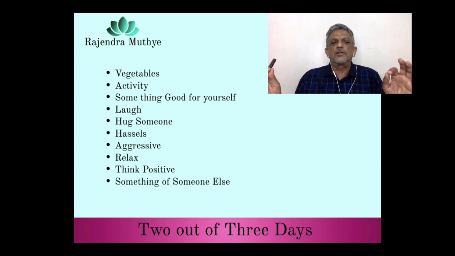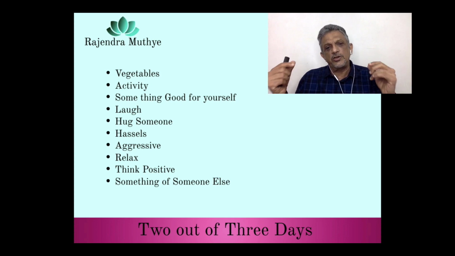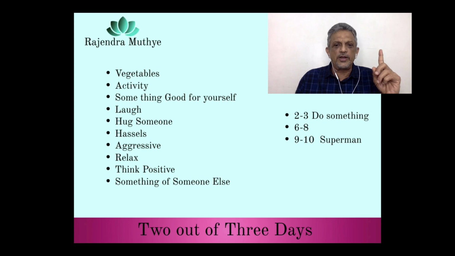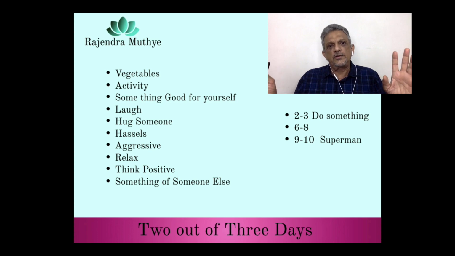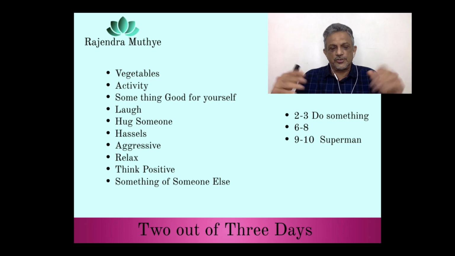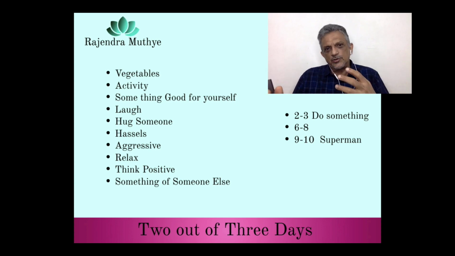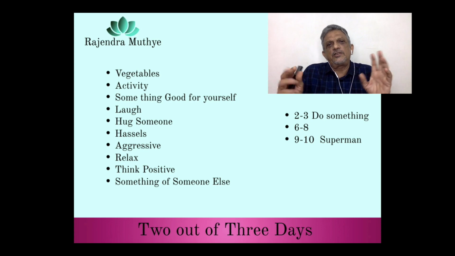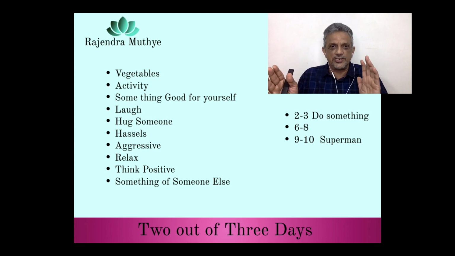And finally, did you do something good for someone else? Not only for yourself, did you do something good for someone else? Now, for every time you did it, give yourself 1 point, and if you did not do it, give yourself 0 points, and add up. If you are at 2 or 3, do something, danger zone. If you are at 9 or 10, guess what? You are a superhuman, Superman, Batman, God knows. Ideally, 6 to 8 is a great answer. It just tells you how you are living your life in the last 3 days, and gives you an idea of how stressed or not stressed you are.